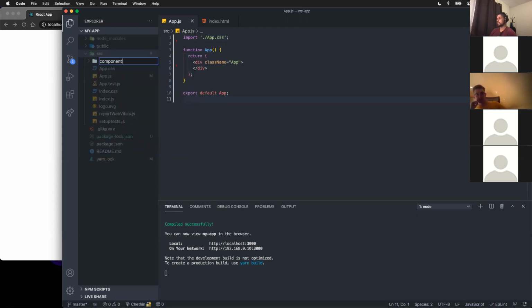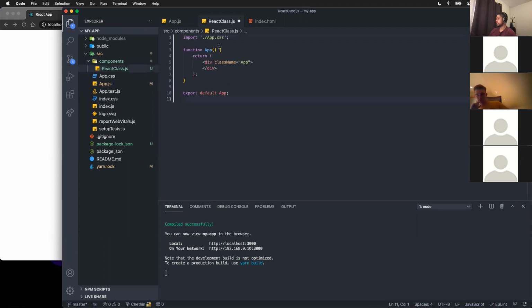So make a folder called components and make a file called ReactClass.js. You can also name this ReactClass.component.jsx, or you can just name it JS. Doesn't matter, up to you. I'm just gonna copy over this code right here and name it ReactClass, and I'm also gonna import